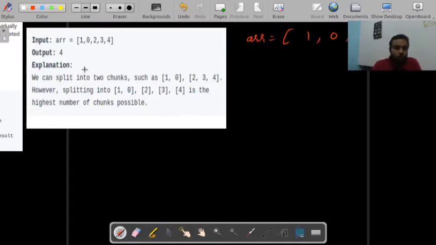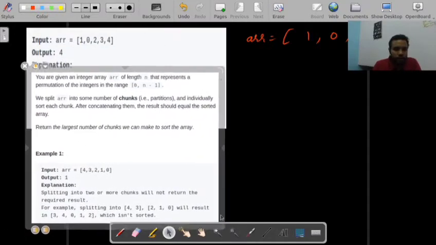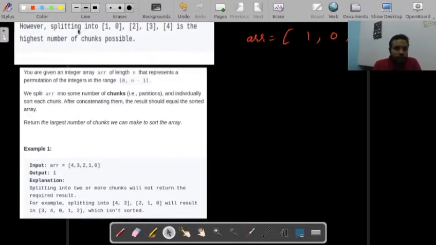If you remember the question, we have to split this array into some number of chunks, and then individually sort those chunks. Then the resultant array will be a sorted array. And one more thing: we have to return the largest number of chunks we can make.